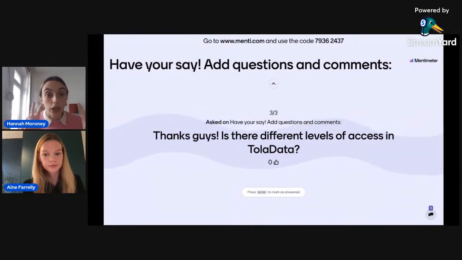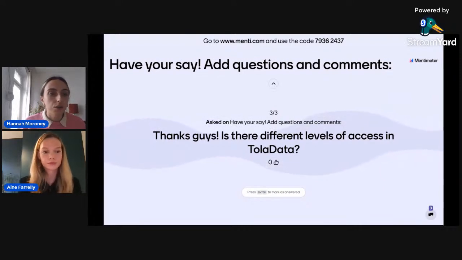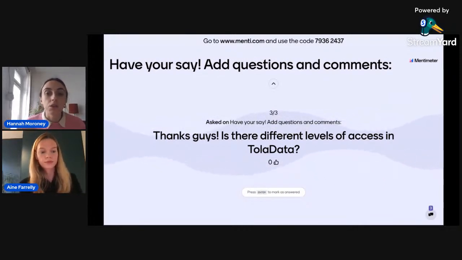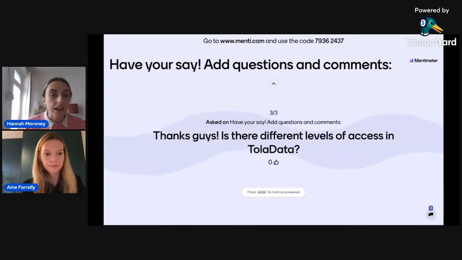Within those projects or programs that you're creating on the platform, you can add different layers of permission to all of the different team members. If you want people to only be able to log in and enter data and not be able to delete or edit anything, you can give them data entry permission. If you want them to only view the results, you can give them view only permission, or you can share your dashboards externally using the public link that Anya shared and that Sive put in the chat. So in summary, you can completely manage the different levels of access.